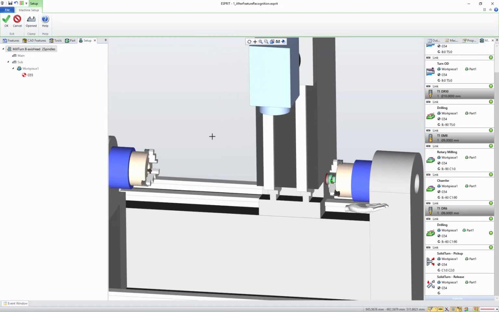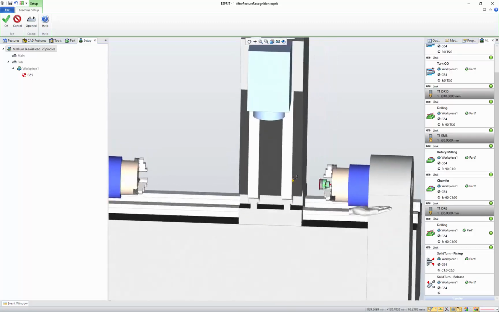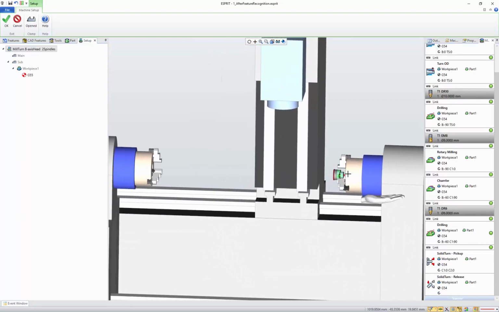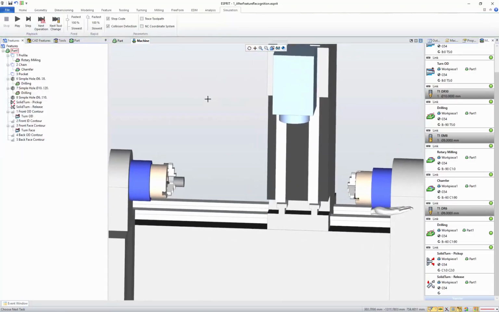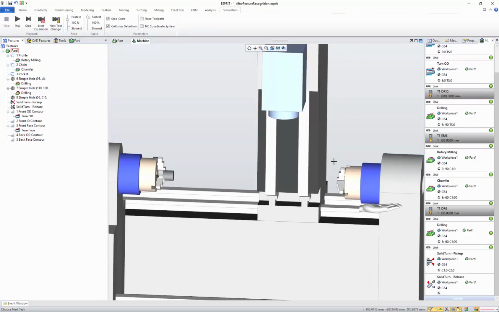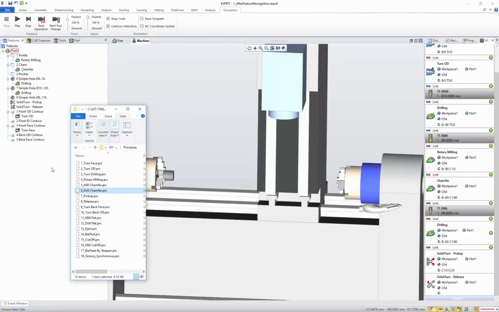Something to notice is that initial setup was programmed with the G54 in the main spindle. This G54 doesn't appear anymore, and instead I get the workpiece in subspindle with a G55, a new work offset that is automatically created by the system on the back side of the part. So from now on, any operations that are going to be programmed will be using the G55 work offset. So let's continue the programming of the subside.